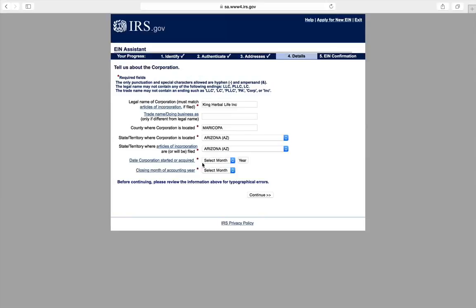Date corporation started. This could be any date you choose. So keep this in mind. Whatever date you put down here, they're going to be looking for a tax return saying if you made some money. So I'm going to put down December, closing year 2015. This is the year right now. Oh, I can't. That's the starting date. Starting date is today, pretty much the